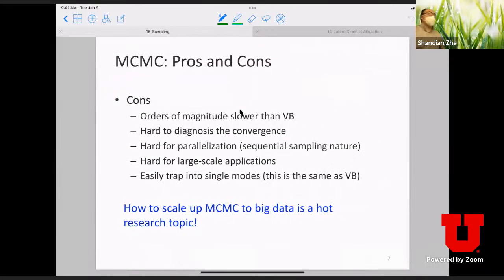Of course, there's no free lunch. What are the disadvantages of Markov chain Monte Carlo sampling? I think the most severe problem of MCMC is that it is too slow. It is really orders of magnitude slower than variational inference or variational Bayes. And the major reason, from my perspective, is the so-called random walk behavior. We'll talk about that later. But basically it says that